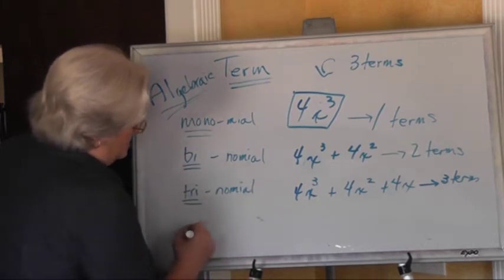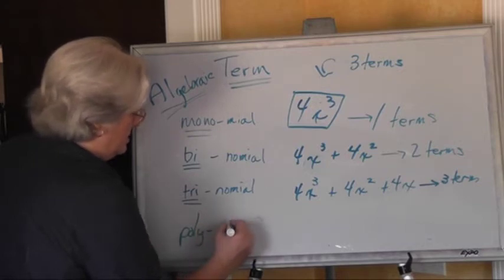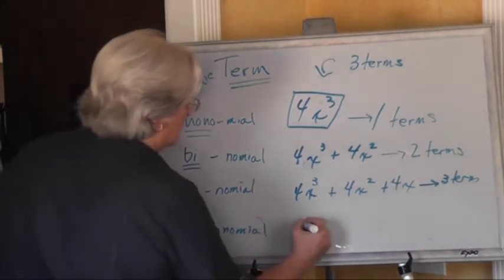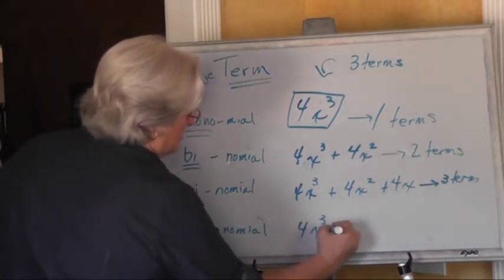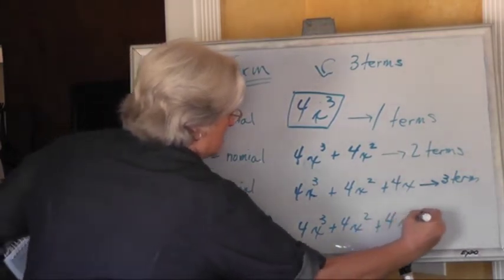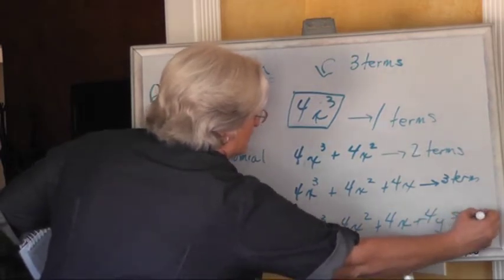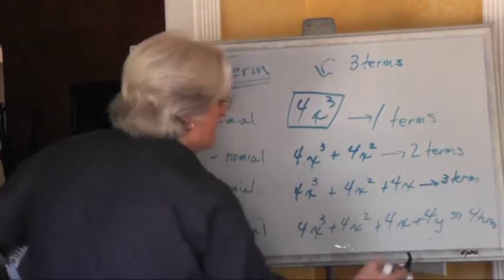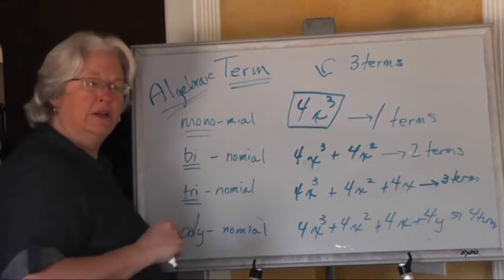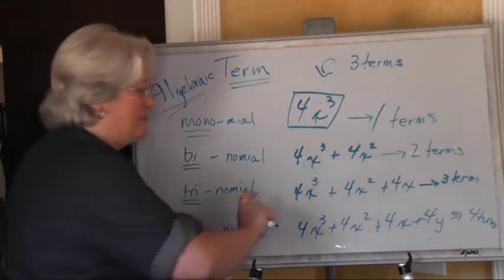And then poly, what is poly? Polygon? Poly is many. A polynomial, 4x cubed plus 4x squared plus 4x plus 4y. Well, that has 4 terms. So the way we use polynomial is, if you think of a polynomial, it's a big collection of terms,